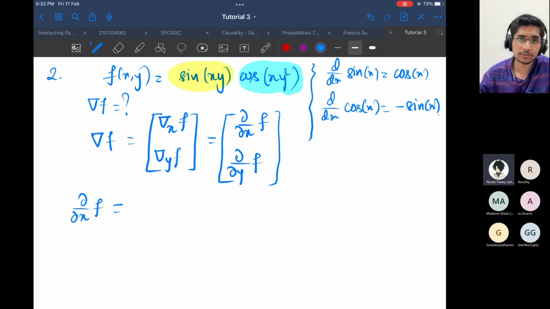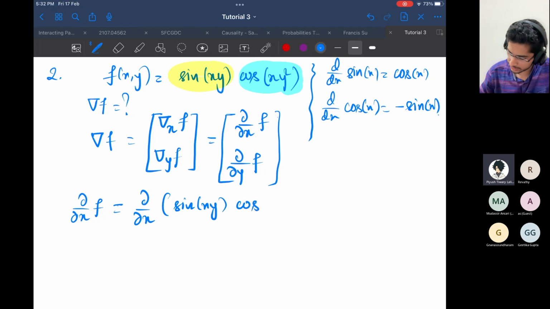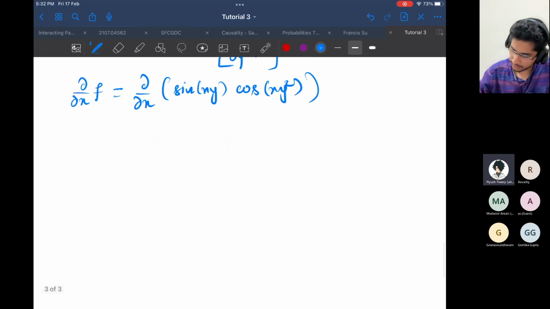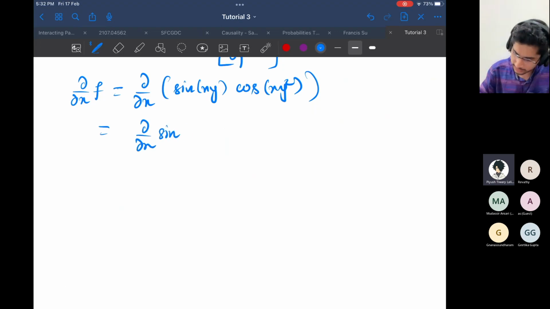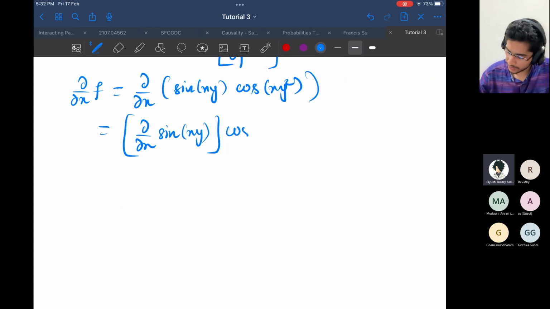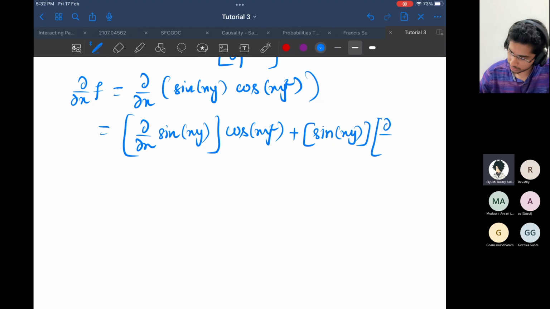It is a multiplication of two terms, a sine term and a cosine term. So you will use the product rule of differentiation. What is it? So del by del x of, let me just write it. These are very basic elementary stuff, however I will go over it very quickly. So del by del x sine, you will first differentiate the sine term and keep the cos term as it is. Then you will add. What will you add? You will keep the sine term of xy constant, and you will differentiate the second cos term, del by del x